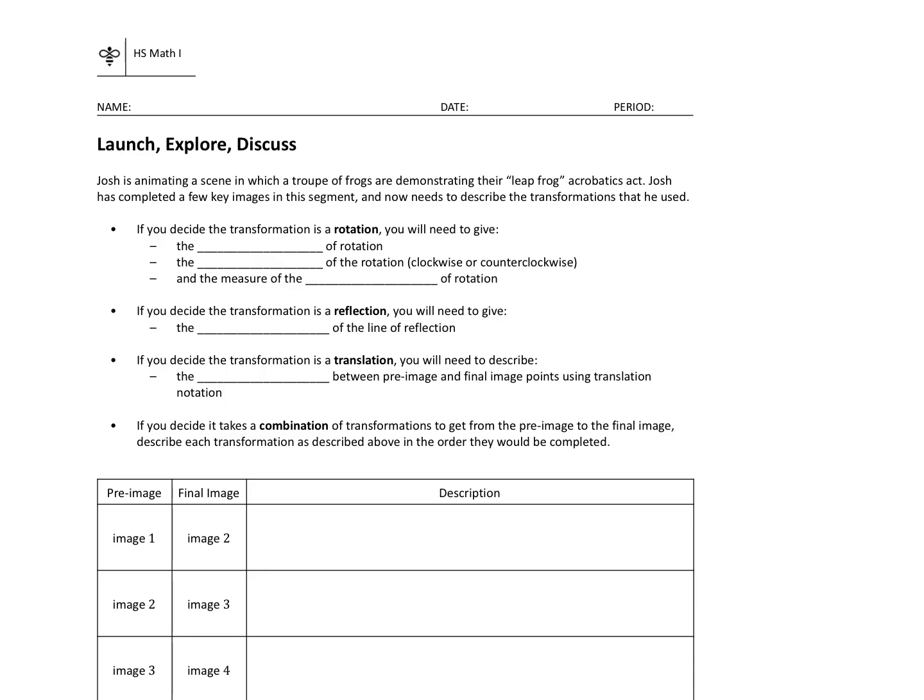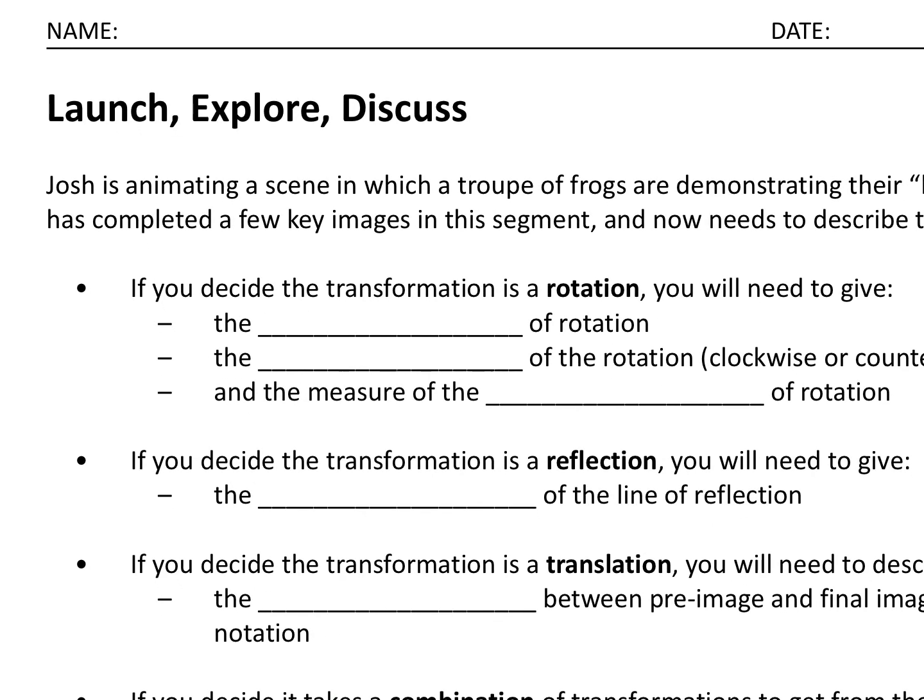Looks like there are 3 things you'll need to describe. The very first thing you need to describe is the center of rotation. The next thing is the direction of rotation. So that's really important, clockwise or counterclockwise. And then the last thing is the measure of the angle of rotation. Okay, so 3 things are needed for a rotation. In your practice, if you have a problem where a rotation happens, make sure that you describe all 3 of